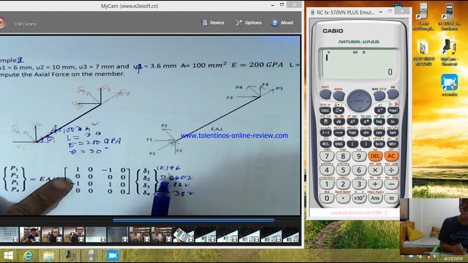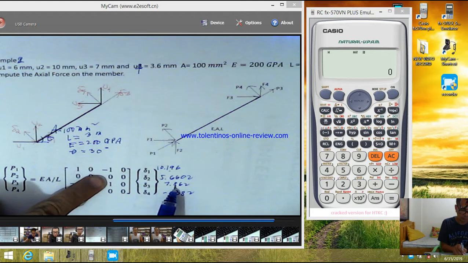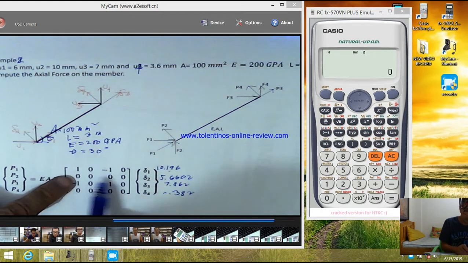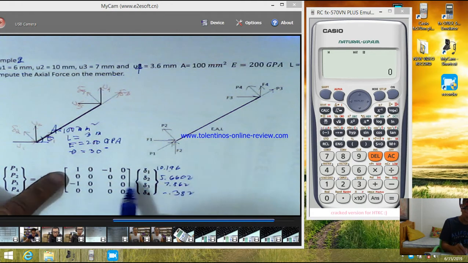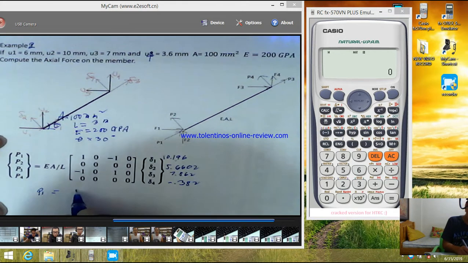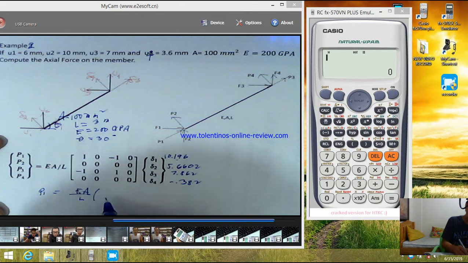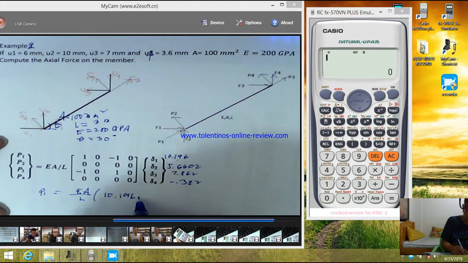So ito, pag minultiply doon, meron. Ito pag minultiply doon, wala. Ito pag minultiply doon, meron. Ibig sabihin, isusubtract lang pala natin yung dalawa na to to get our P1. So yung P1 natin is equal to EA over L times 10.196, that is millimeter, minus